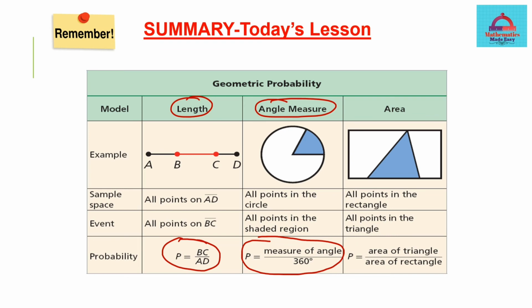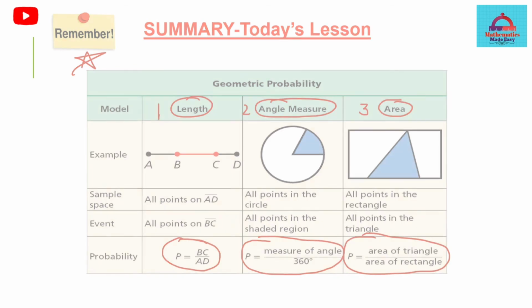That was angle probability. In today's session you also found in the beginning the area probability. So you took the smaller area, like in this figure it is the triangle, and you divided by the bigger one which is the rectangle. So this was about your area probability. So all these three are the important points, number 1, 2 and 3 for geometric probability. So please remember, this is pretty important and will help you to solve so many problems correctly.